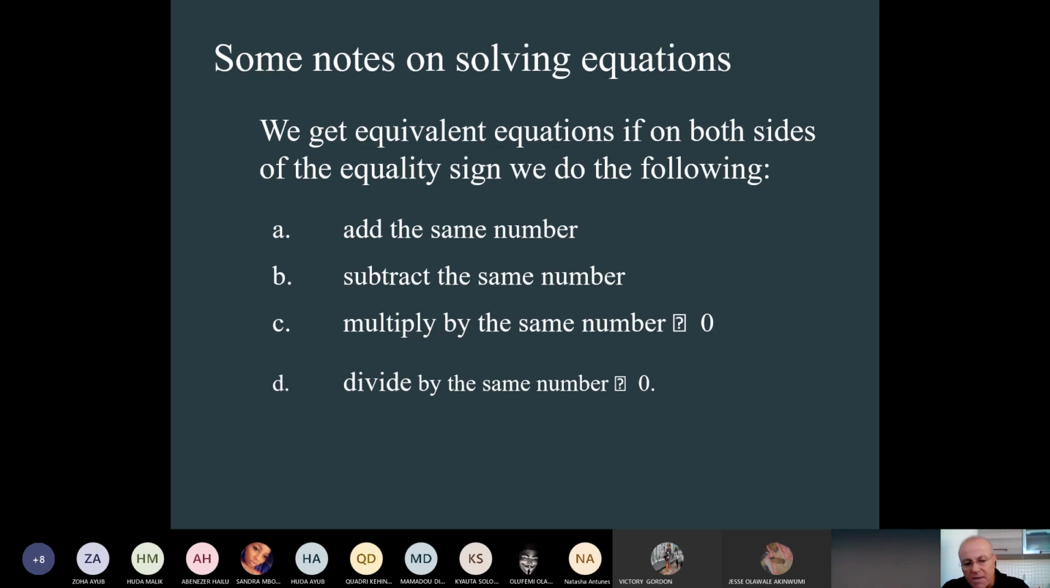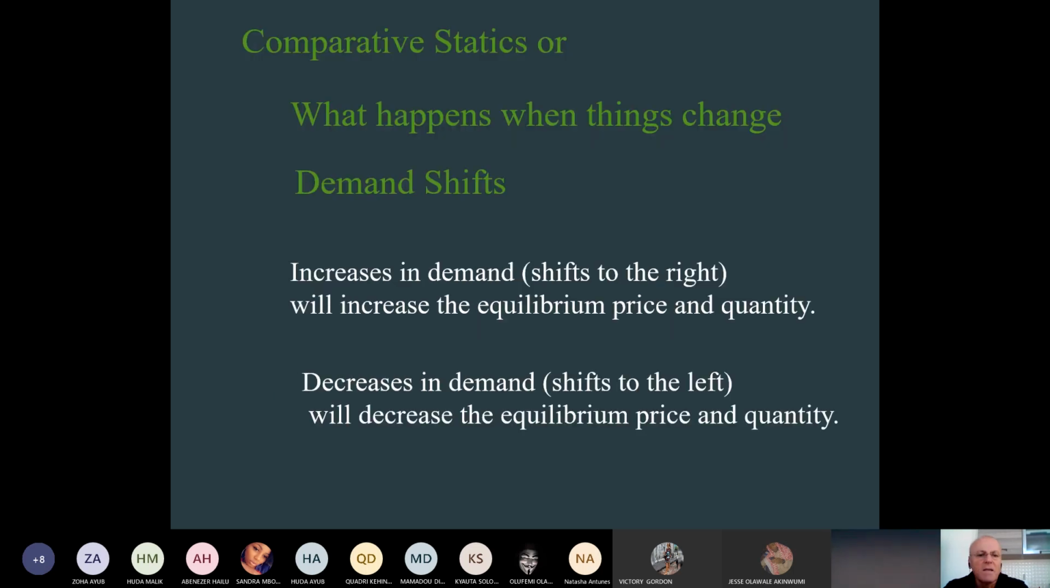Add the same numbers, as I said to you, which is not necessarily, you know, mathematically, but this is for those who are not familiar with the mathematical or econometrical models or calculations. Subtract the same numbers for solving the problems mathematically, multiply by the same number other than 0, and divide by the same number again. And then comparative statistics, or what happens when demand shifts, and of course demand